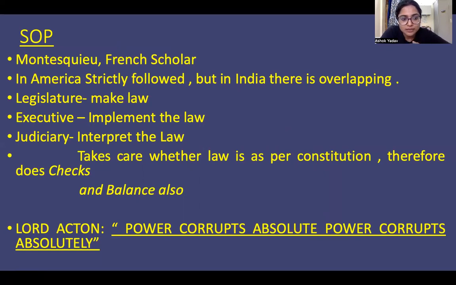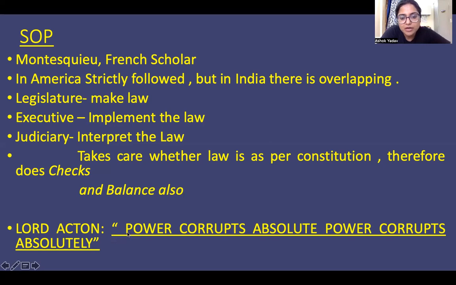Therefore, in a way, judiciary is also doing checks and balances of the law, right? So apart from interpreting the law, the checks and balances are also kept by the judiciary in our country, right? Lord Acton,